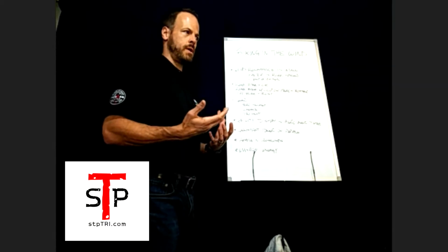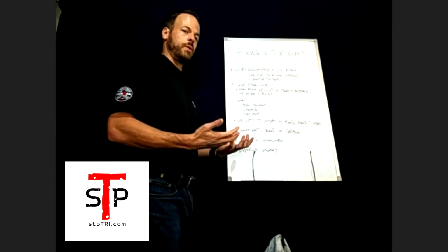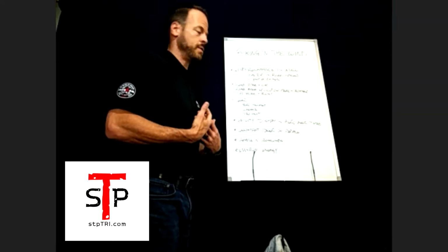So gear, aero helmet, that's the best. I personally like the Wing 57. They just came out with a new one. I can't remember the name of it off the top of my head. It looks pretty sweet, pretty cool. Right now, that's out of my personal price range, but